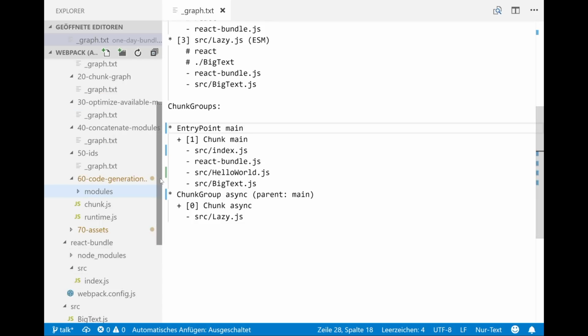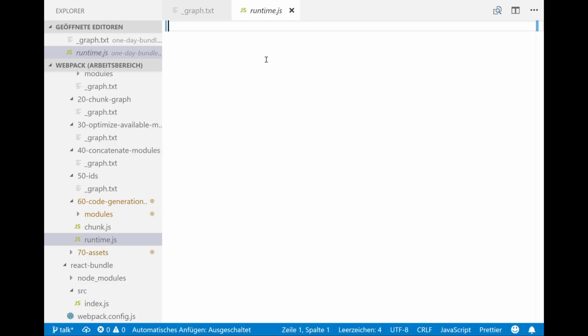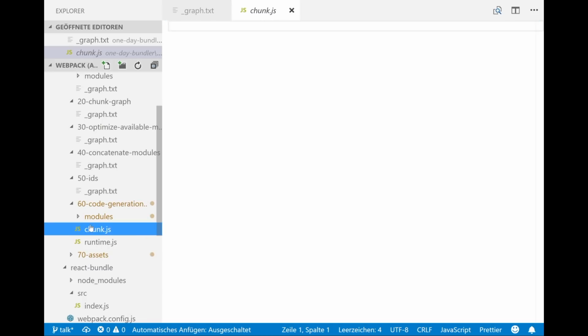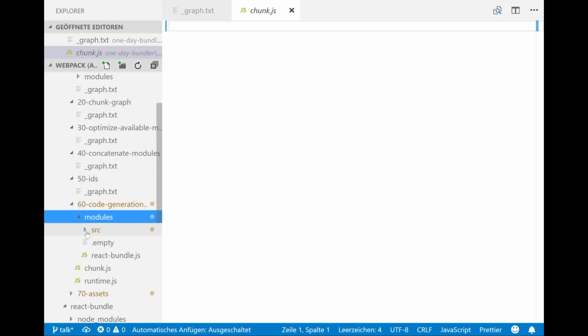the modules, and I also prepared a runtime file, which will contain the runtime, because with Webpack, the bundles basically contain the runtime code and the list of modules. So we are going to write the runtime code because we don't have Webpack available, and we also have a chunk file, because the chunk also needs a small part of runtime to communicate with the original runtime.